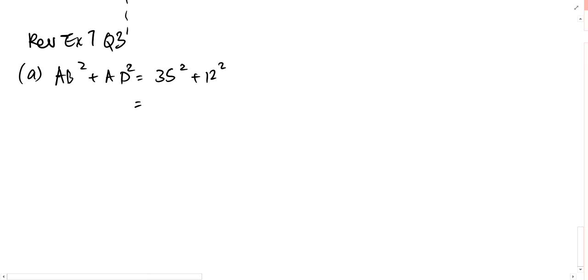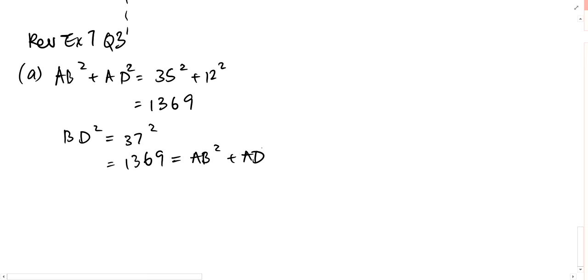Tell me what's the value? What do I get? 1,300. Okay, then we write BD square equals to 37 square, which is 1,369, which is the same as AB square plus AD square. Then by converse of Pythagoras' theorem,